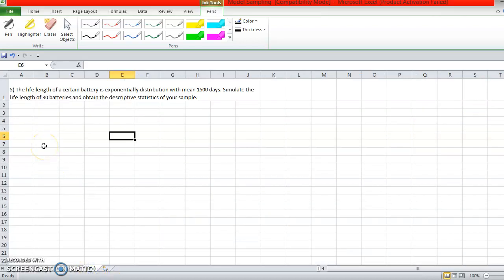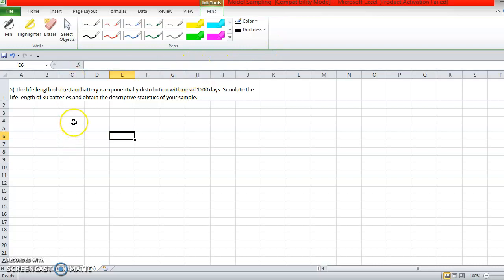This is the example where the life length of a certain battery is exponentially distributed with mean 1500 days. We have to simulate the life length of 30 batteries and obtain the descriptive statistics of this sample. For this we are going to use the Excel functions.